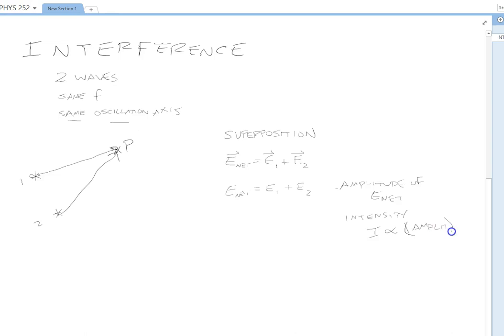Oops. I'll just write it like that. Okay, so we're interested in the amplitude of E net. Now, to help us visualize this, and we'll come back to this notebook here and talk about path difference